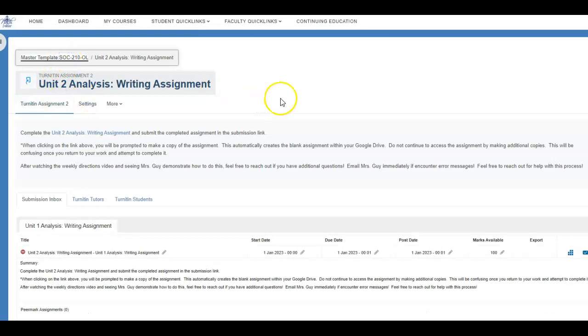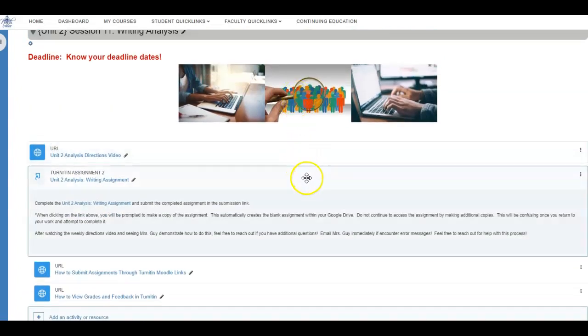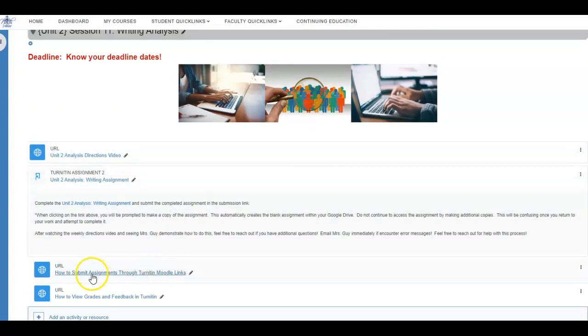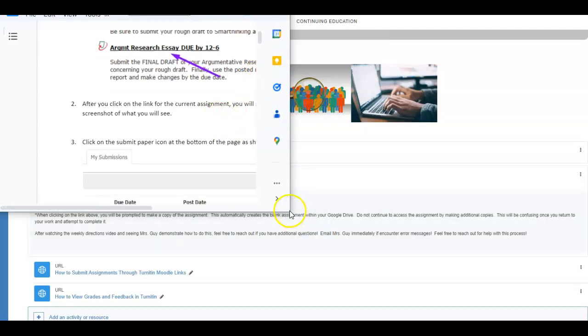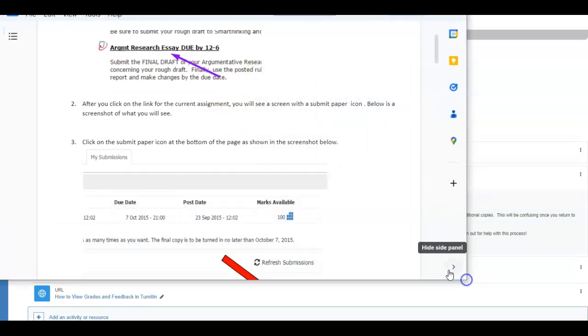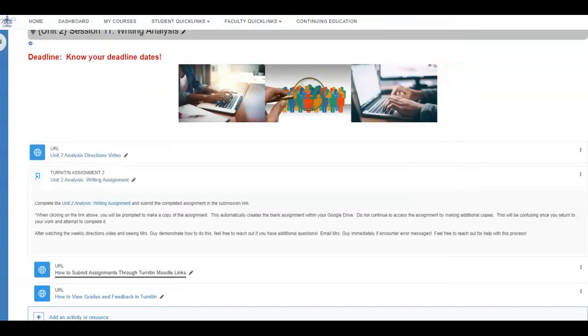I have some how-tos in our Moodle page. Here we are right here. Excuse me, guys, for having to go back and forth. Remember that this is a help document for how to submit assignments through Turnitin. All right, so if you need a refresher on how to submit your assignments, please click on this link and look at this particular how-to. So remember, you're looking for a little icon here with the green arrow that says submit paper. That's what you are going to see on your screen, but I'm unable to show you on mine.